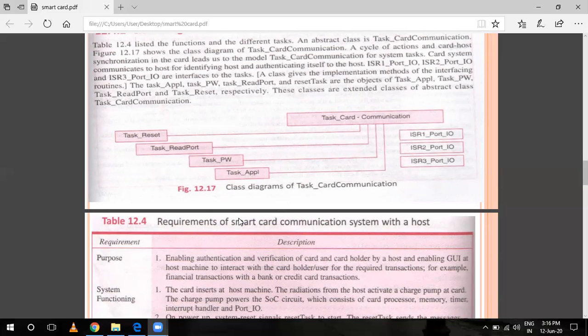The task app, task PW, task read port, and reset task are the objects of task app, task PW, task read port, and task reset respectively, and the classes extend the abstract class task card communication.